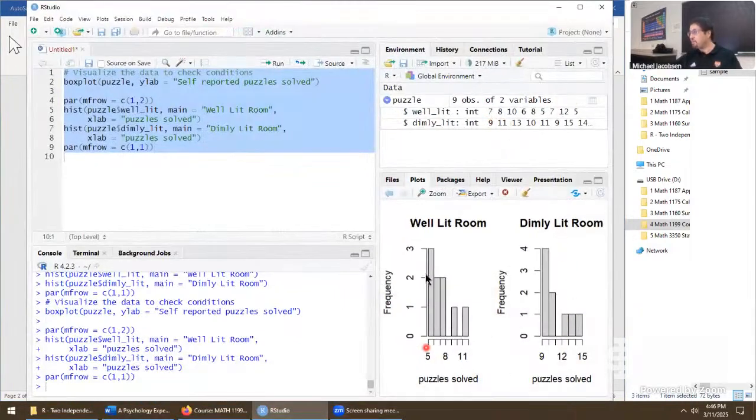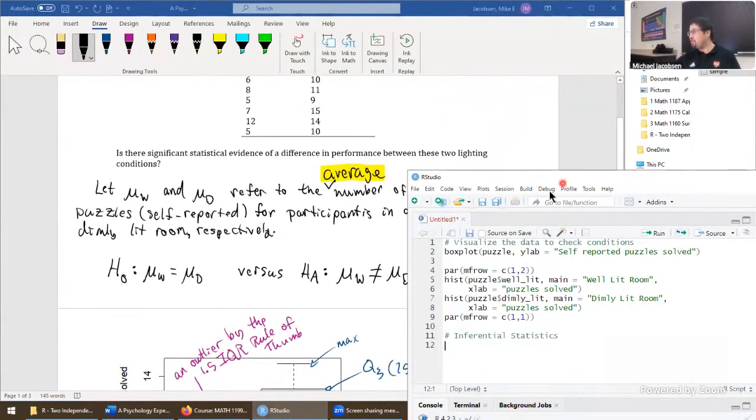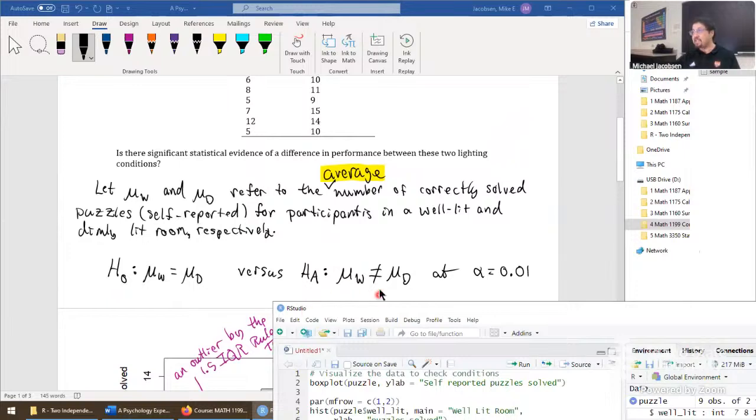These data were expressed down here. This is pretty extreme. We'll find the probability of getting data as extreme as that, or even more extreme, under the assumption the null hypothesis is true. So this part right here is the inferential statistics side of everything. When we do the inferential statistics, we want to pay really close attention to our hypotheses.